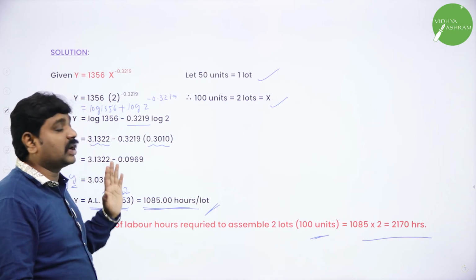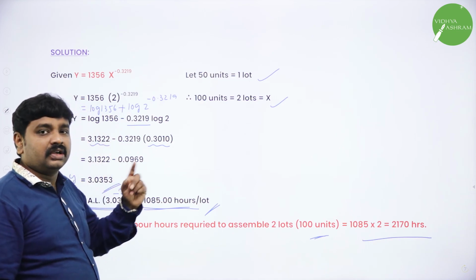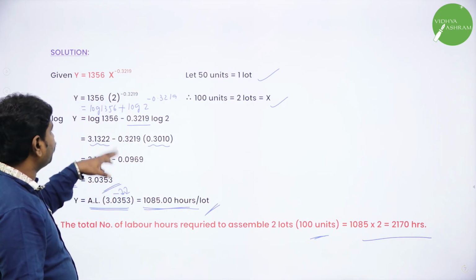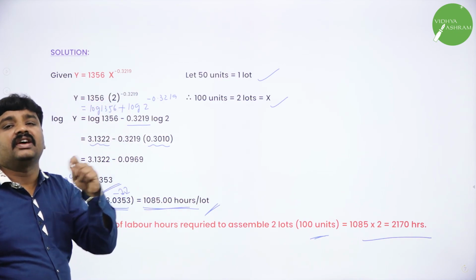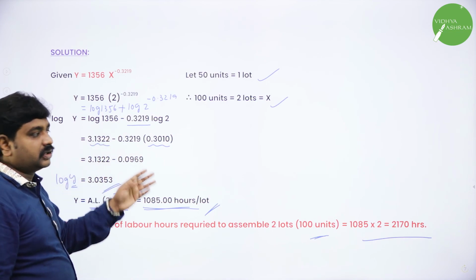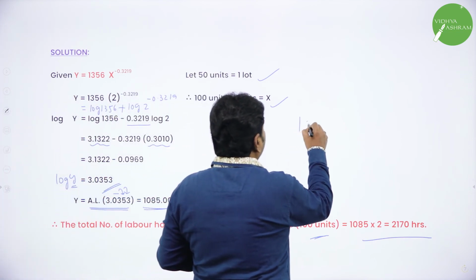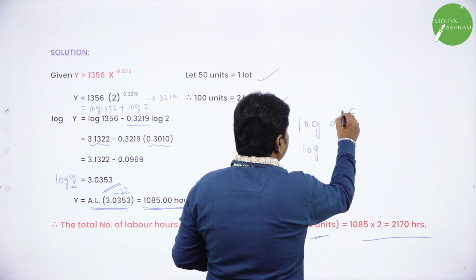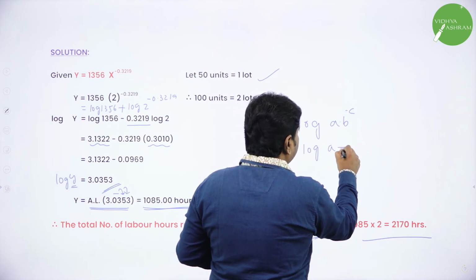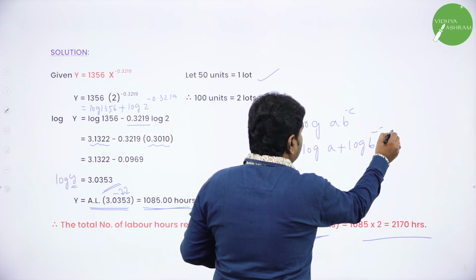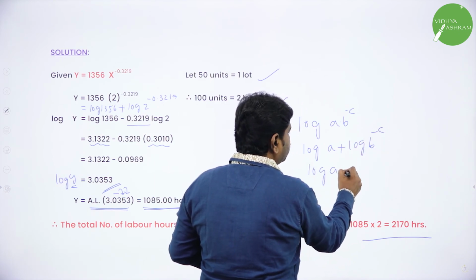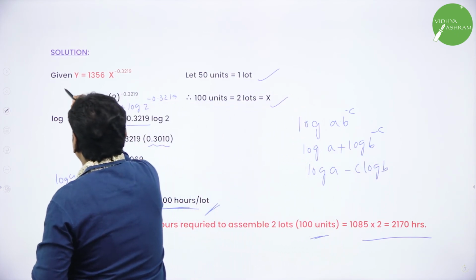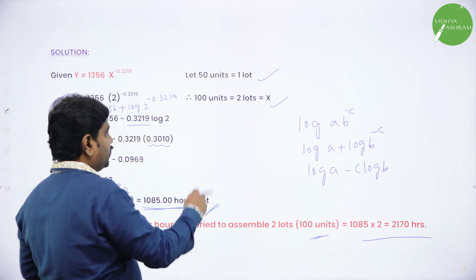For this also you can use the tabular method, taking 1 lot, doubling that, and filling the table, and you will get the values. But you have to take log because they have not given the learning effect. So apply log on both sides. Here what are the rules we are using? Log of a into b power minus c. First, log a into b is log a plus log b. Now log a power m is m log a. So minus c log b. Like that, these 2 steps will arrive at and solve the equation.